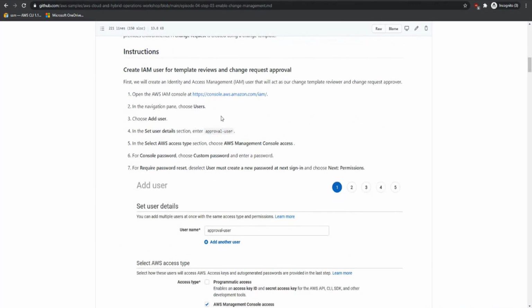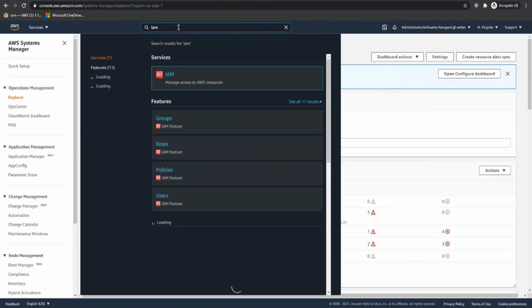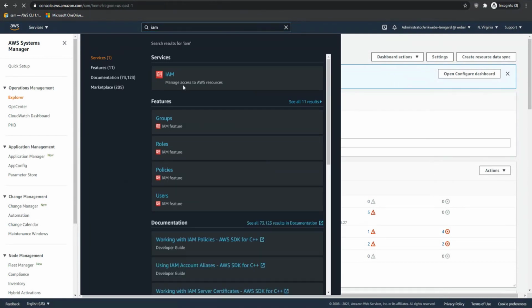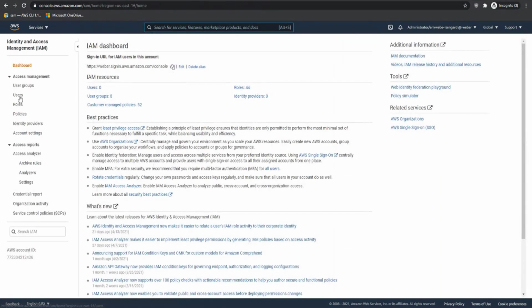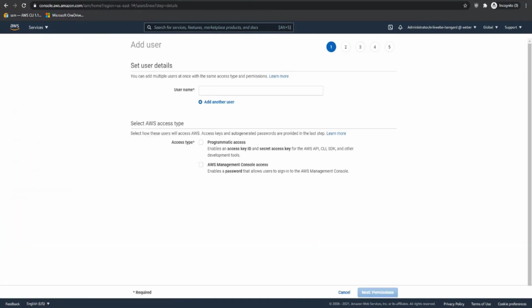So the first step is that we're going to create an IAM user that will be our change template and change request approver. So back in our management console, we're going to go over to the IAM console. We'll select users, and we'll select add user. So in here, we're going to specify the name approval user, and